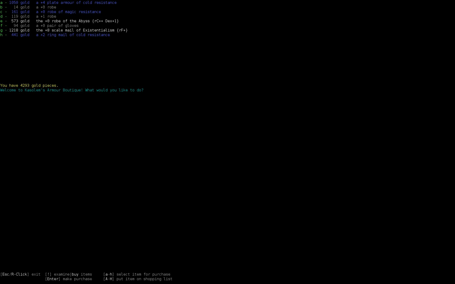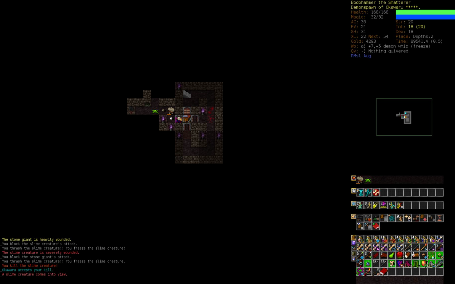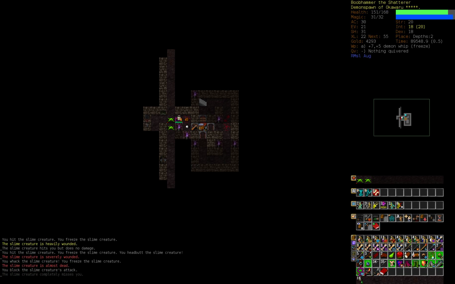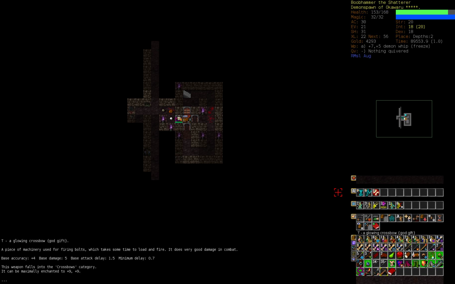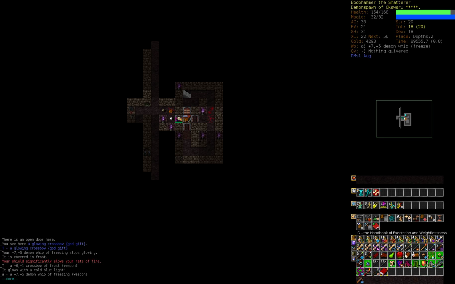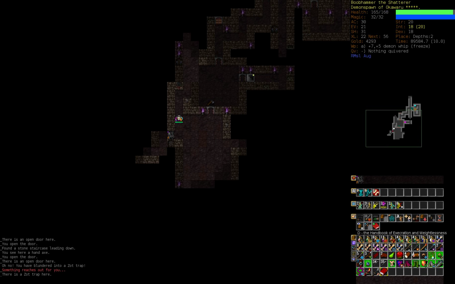Armor Boutique. What do we have here? Bad things. Yeah, those are all bad things. I want them not. Another crossbow from Okawaru. Dude, you already gave me the best crossbow you could give me. Yeah, that's just dumb. Why would you give me that? That's just dumb. It's bad. You don't give me an awesome gift and then...